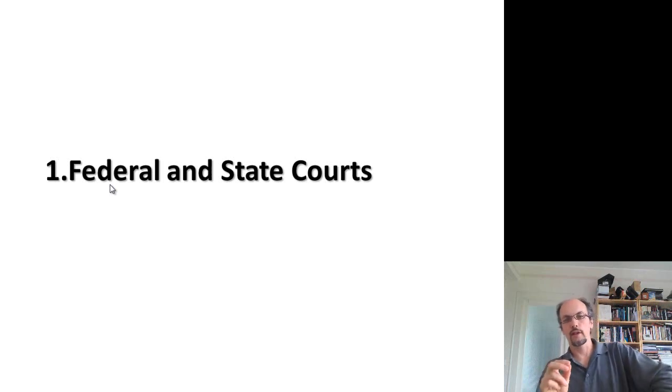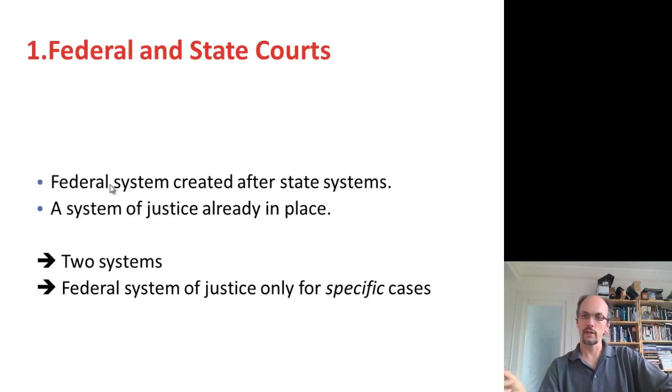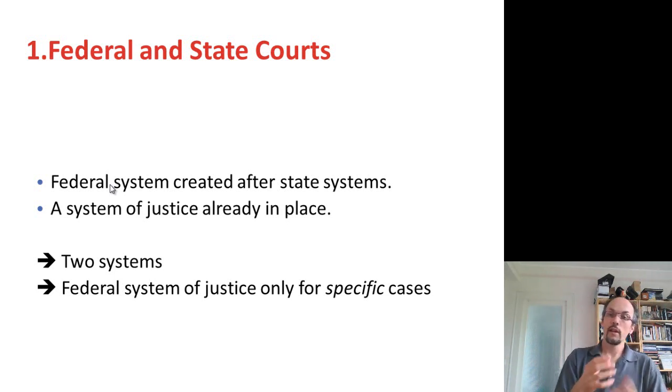The first point I'd like to discuss is the distinction between federal and state courts. Surprising as it may seem, there are two systems of justice in the United States. Not only two jurisdictions, but two parallel systems. As usual, you could say this is an example of the Federalist Compromise in the US government. But really what happened was that each state had a judicial system already in place. Criminals did not go unpunished before the existence of the federal government. So each state had its own system of justice, and another system was created on top of that with a